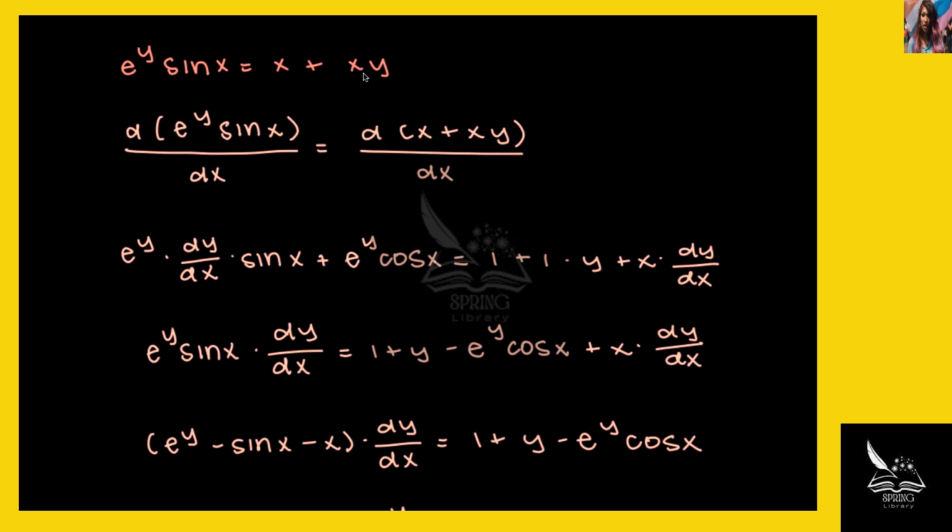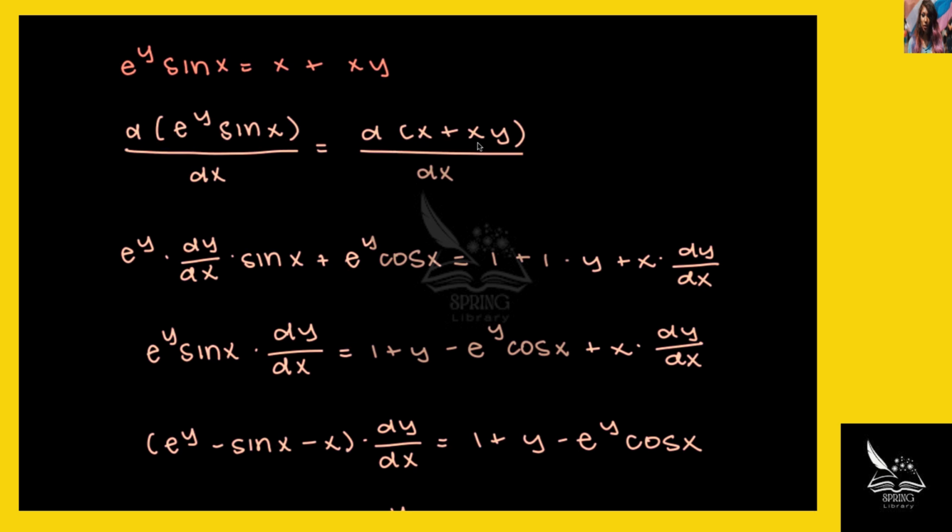Now, just looking at this, that looks like a really tricky equation to find the derivative of. How would I do that if I have x's and y's? So the first thing that we're going to do by implicit differentiation is we'll take the derivative of each side of our equal sign. So we're basically saying that the derivative of e^y sine x is equivalent to the derivative